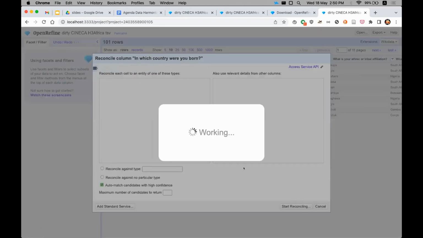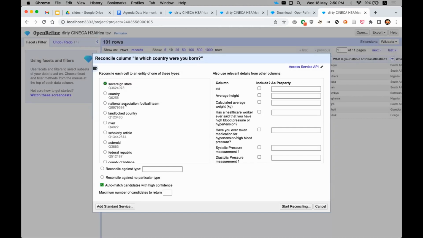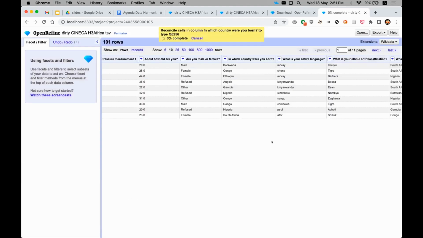By looking at the values, it's able to figure out what sort of entity this column is, so it's giving sane options. I can say it's got to be a country. I skipped past that, but you have the option to add that to other columns, like your parents' country and your mother's country. You could add those. And then it does a lookup,